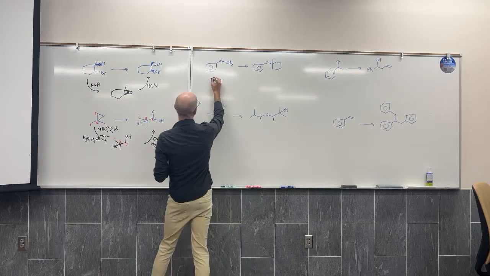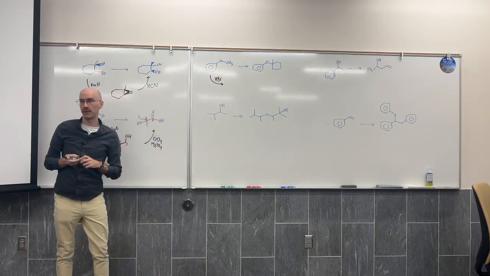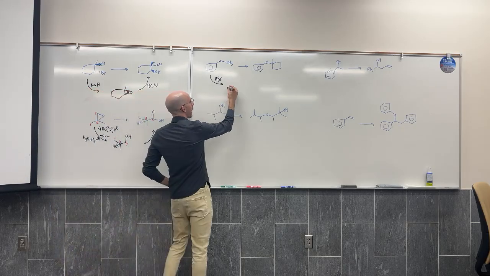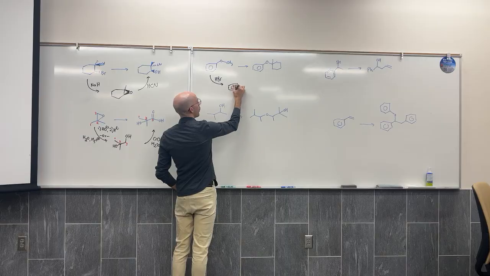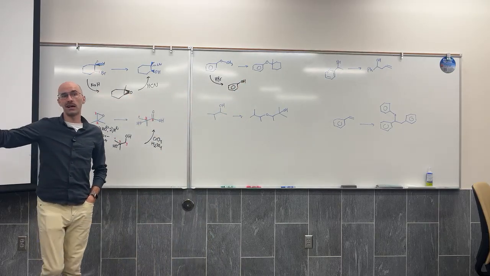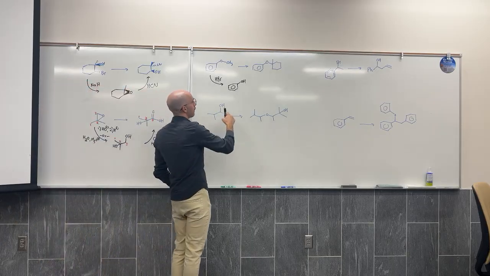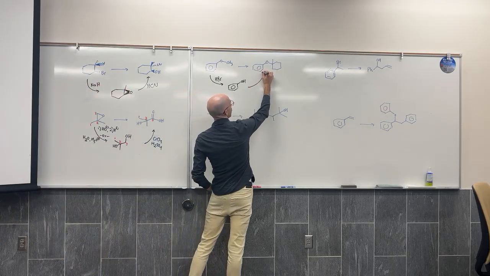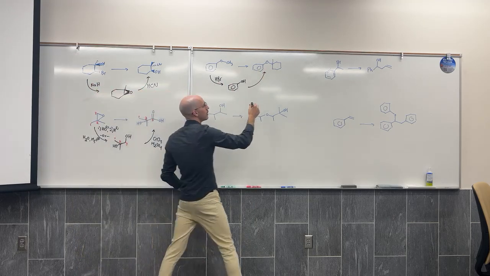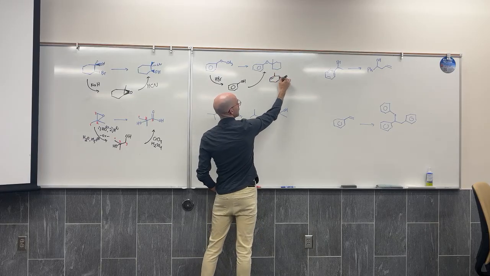What you guys saw was an ether, which means there's really only one thing that we can do with it: cleave it. Cleave the ether. And we know that aryl ethers always become aryl alcohols. We can't do an SN1 substitution of that aryl alcohol. Now that I have an aryl alcohol, I can make an ether. And there's 2 ways that we could do this. One of them would be acid catalyzed